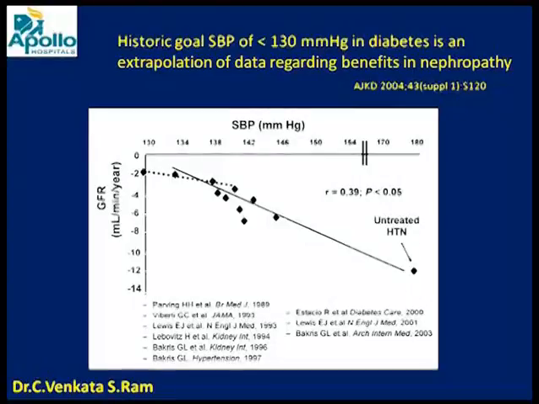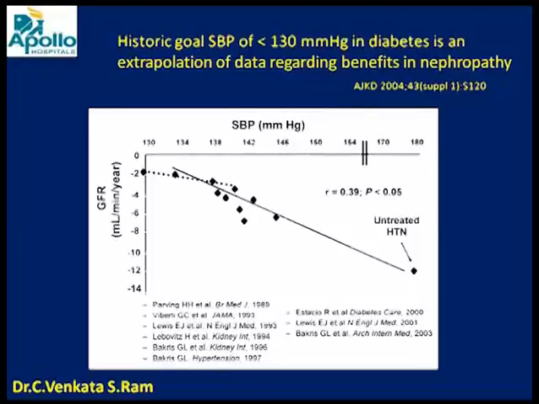Now, Dr. Shah has mentioned earlier about the therapeutic goals for treating patients with hypertension and diabetes, and this is an illustrative slide showing that patients who have high levels of blood pressure and diabetes have a rapid decline in renal function, but if you restore the blood pressure towards the proximity of 130, you stabilize renal function. Let me make one very simple comment on what the goal blood pressure should be in a patient who has concomitant diabetes and hypertension, which has not been covered in any guidelines.